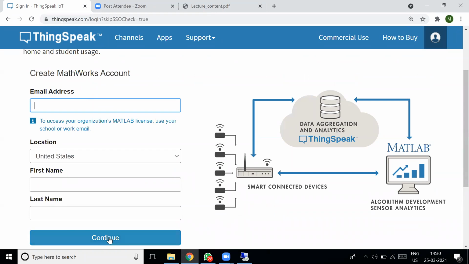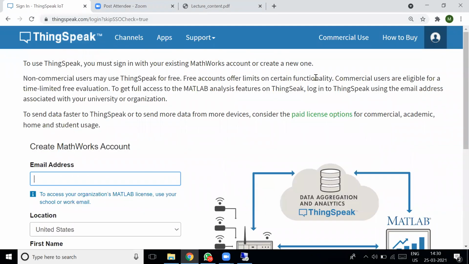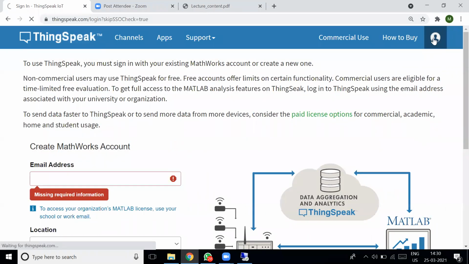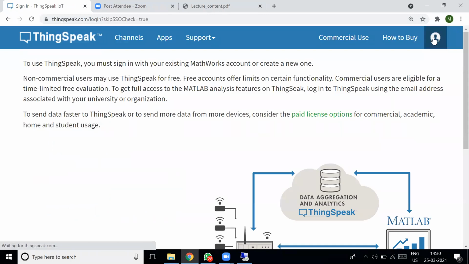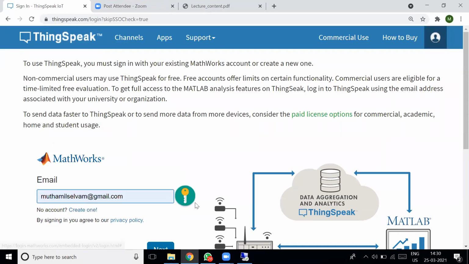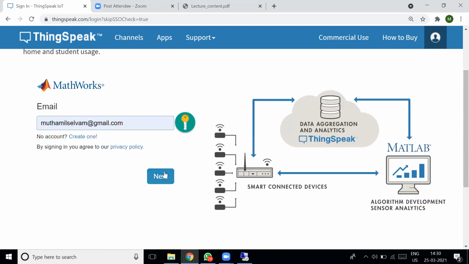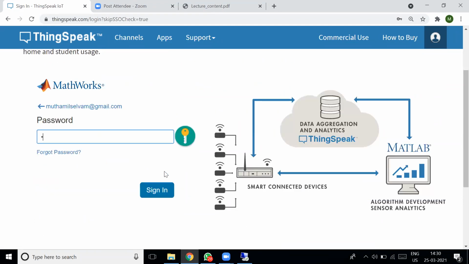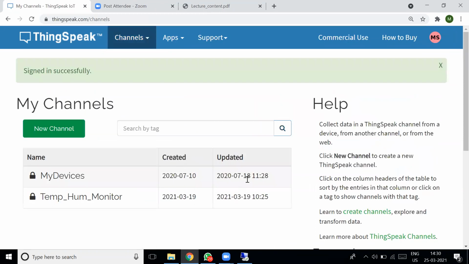Then it asks for a password. You just give a password. Already I have two channels.